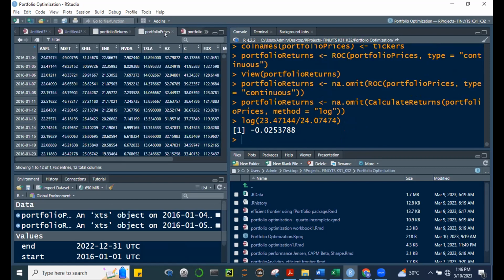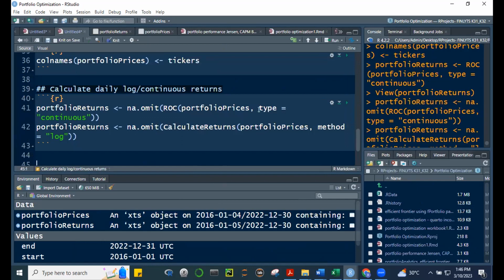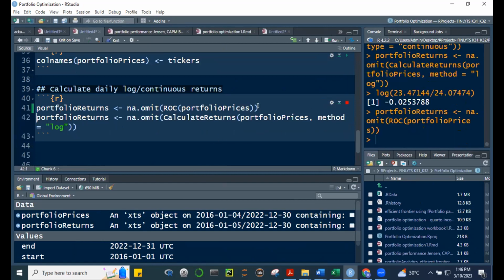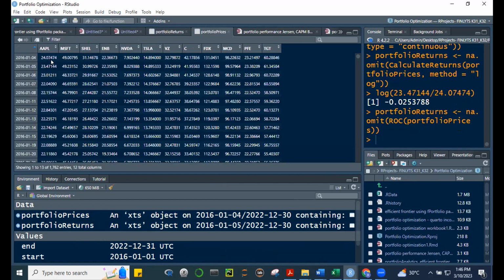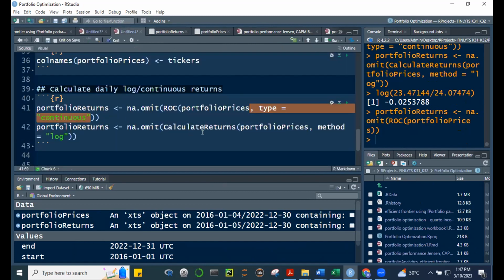Just to double check, we're sure because we defined the type to be continuous. But had we not used this, I think I illustrated this to you before, the returns will be the same thing, 2537. Okay, let me just Control Z. I prefer writing it this way